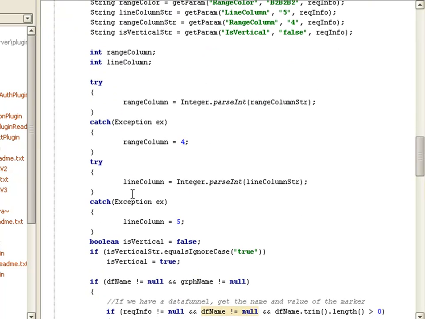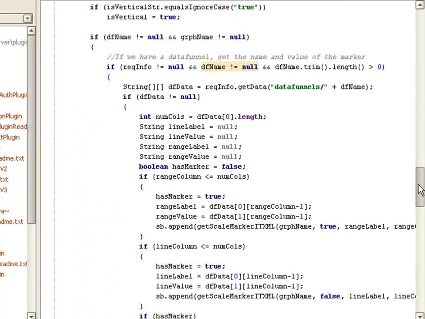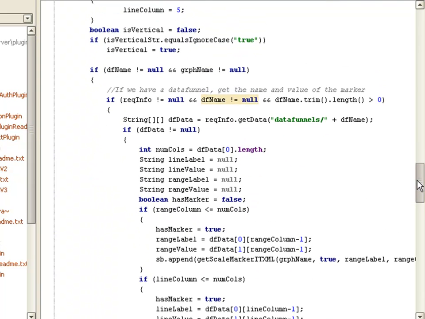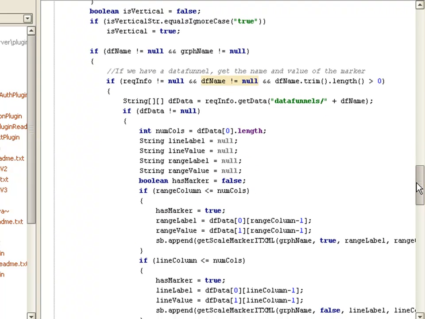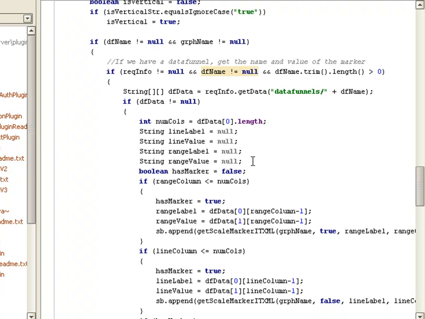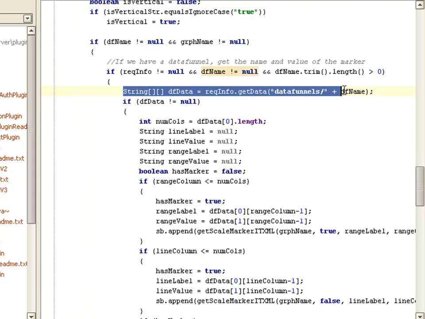From there, I will pull out the column number that has the range. I will pull out the column number that has the line values from the data funnel. And the next thing we're going to do is actually try and go out and get the data that we're going to be graphing. So here we can see a method called getData, and this method, which can be called